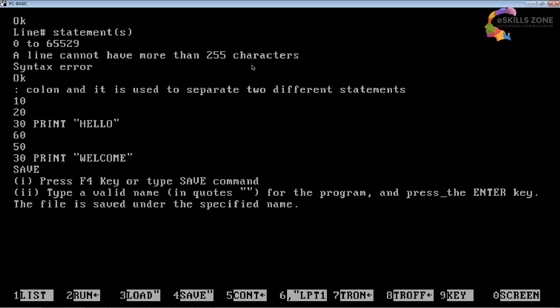and press the enter key. The file is saved under the specified name. Now the next